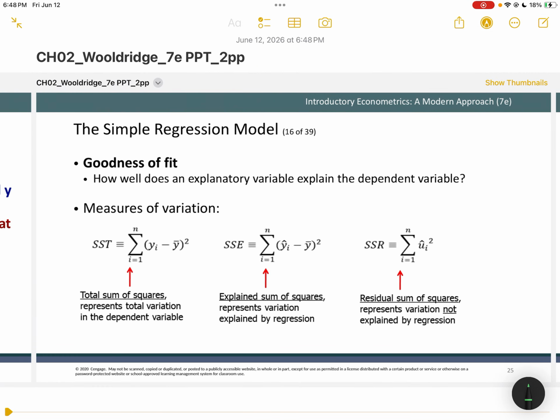So here are the slides for chapter 2. Let's see if okay, everything looks good. All right, so